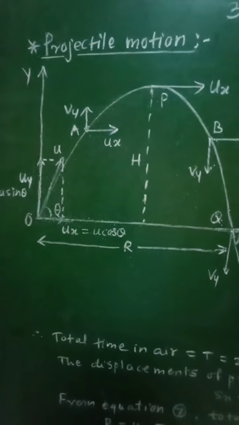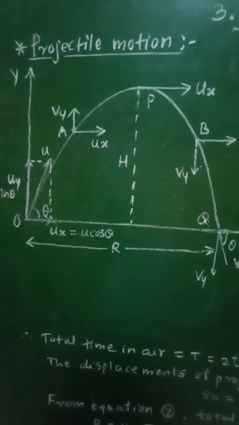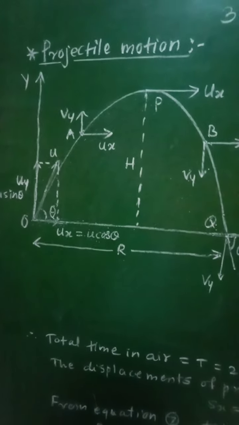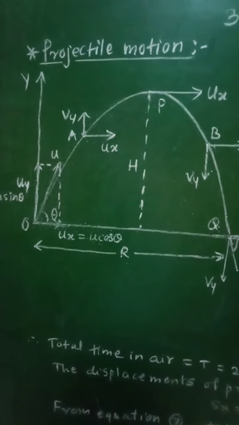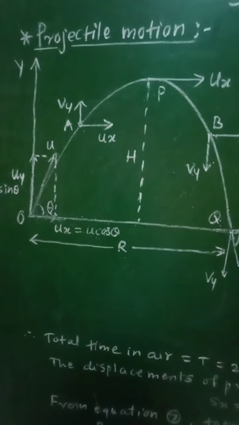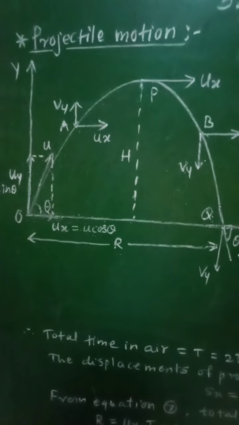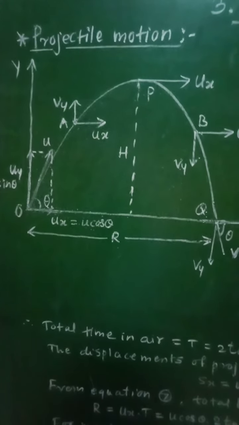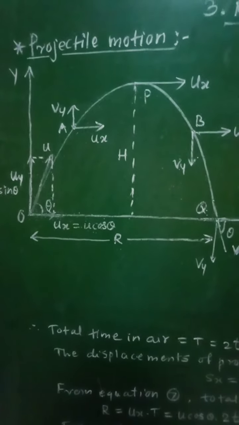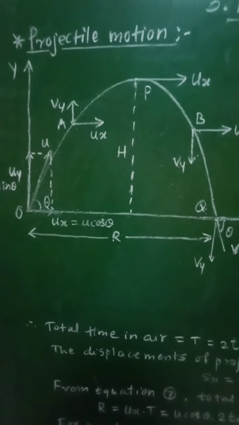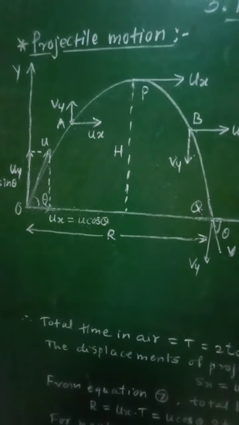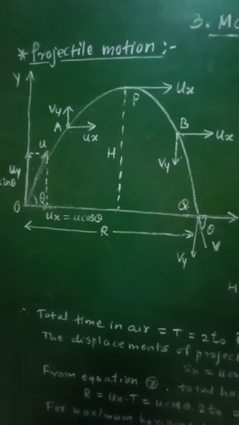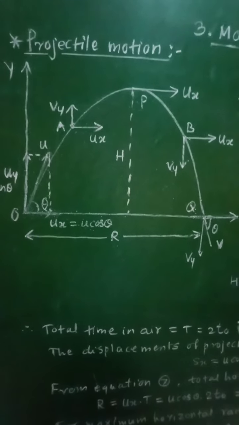For example, when a cricket ball is thrown in air, it will travel along a particular path and hence it will be considered as a projectile. Similarly, when a basketball is thrown towards the basket, it will act as a projectile. Similarly, if a bullet is fired from a gun, it will travel along a particular path and therefore it will be considered as a projectile. And the motion of the projectile is called projectile motion.